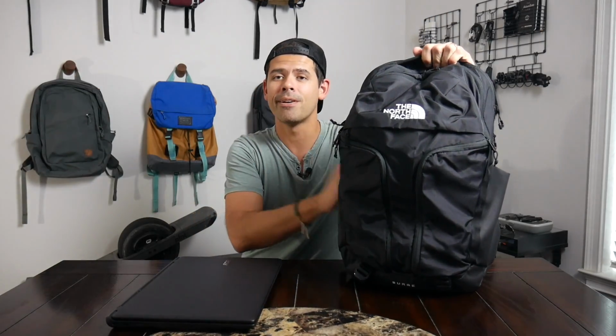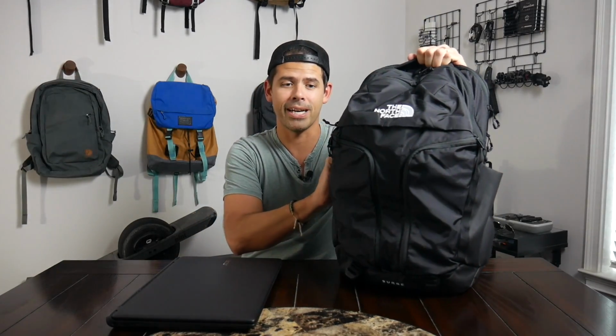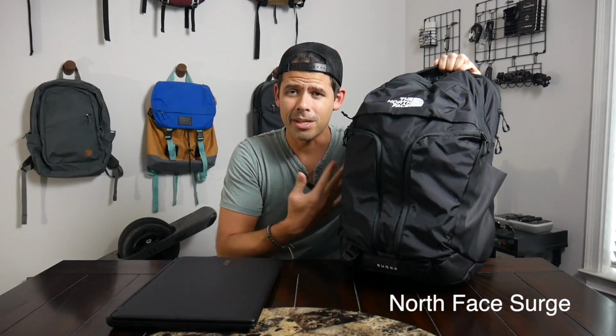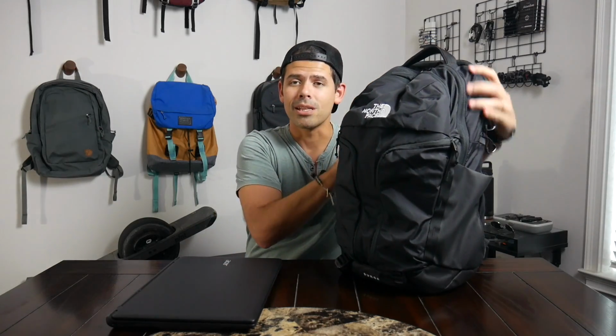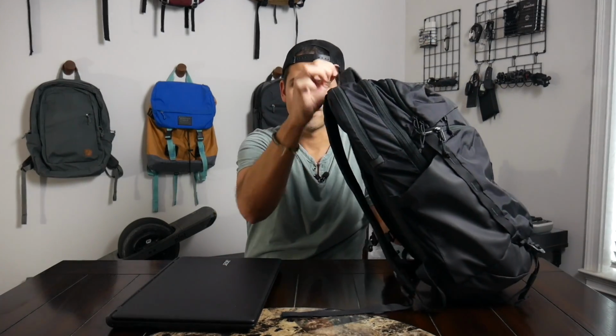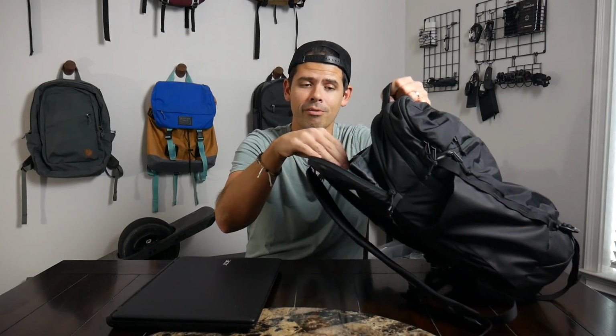So here I have the North Face Surge backpack, which continues to surprise me every time that I come back to it. You know, I talk a lot about the organization and the space that this offers, but the laptop area is really where it shines. So North Face bags tend to have pretty good ones, and the Surge to me has probably the best. It has great padding, it's suspended off the bottom of the ground, pretty nice rigid padding, soft lining,